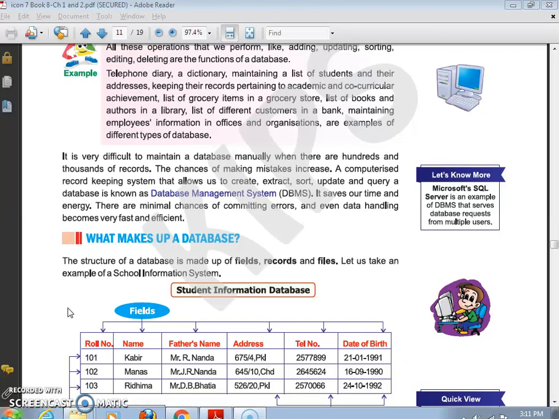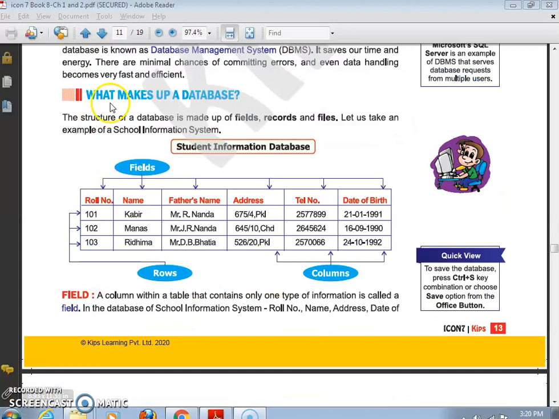A computerized DBMS, database management systems, allows us to create, extract, sort, update and query a database. It saves our time and energy, and there are less chances of committing errors, and even data can be handled very fast and efficient.